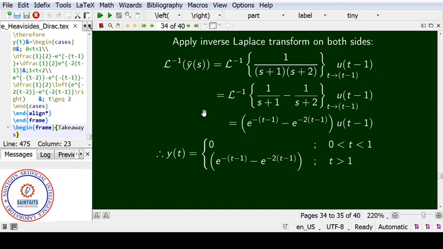We can finish up to this step, no problem. This is the final simplification step. Instead of L inverse of y bar of s, I write y of t, and I eliminate the u of t minus 1 from the scene by splitting this function into two parts. That's all. The next problem we are going to see